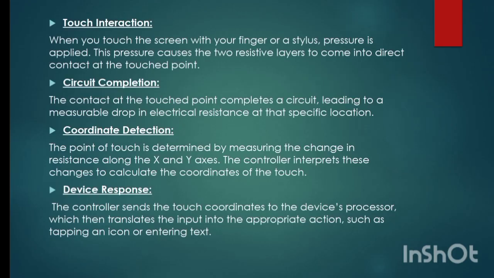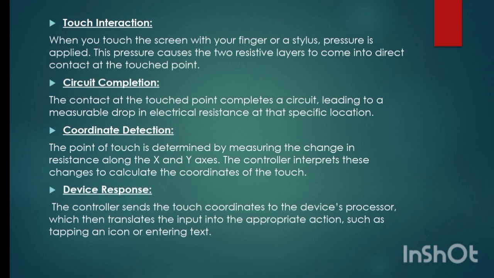Touch interaction. When you touch the screen with your finger or a stylus, pressure is applied. This pressure causes the two resistive layers to come into direct contact at the touch point. Circuit completion. The contact at the touch point completes a circuit, leading to a measurable drop in electrical resistance